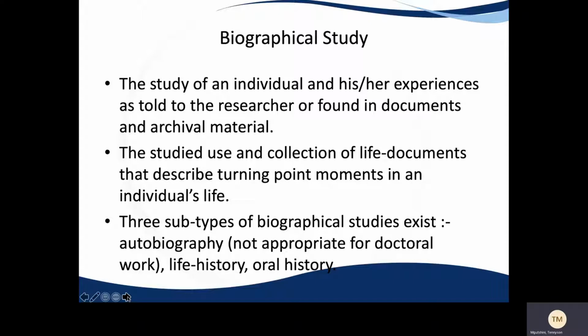So basically, biographical studies are the types of studies where you are studying a human being, an individual. So if you were to carry out an entire study on Nelson Mandela, for example, and the entirety of your master's or doctorate was on understanding Nelson Mandela in one shape or form, that would be a biographical study. But there's also a different subtype